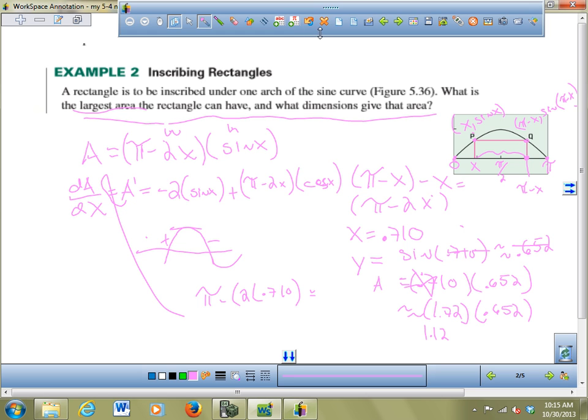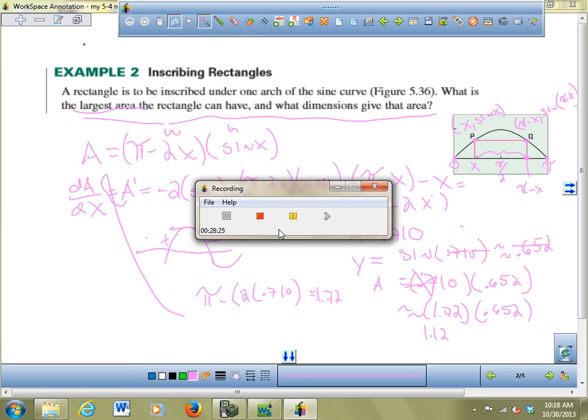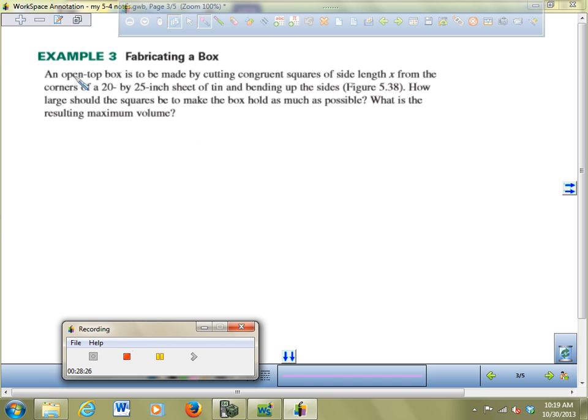So I'm not trying to find x, I'm trying to find out the width. So that's a good example. X is still 0.710. Yeah, x is the same. But pi minus 2x here is 1.72, right? And that's what goes into finding the area. Okay. So that's another obvious reason you want to